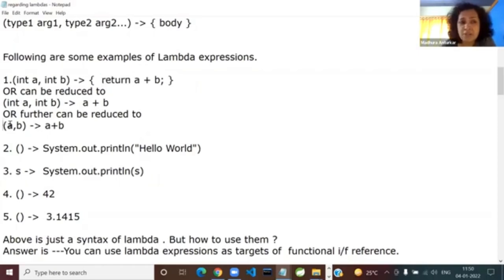So that can be reduced ultimately to only this much. So tell me, is it part of any class or is it a pure behavior? Are you writing it in any class or is it just a pure behavior? It's a pure behavior. And that is what we are going to pass as the method argument. Okay. So now here,